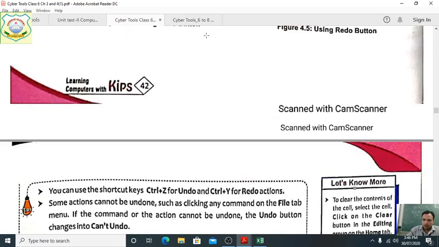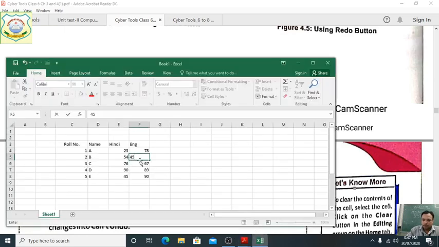Button actions. So similarly here, suppose we have written 45, and by mistake we have changed it to 56, and we remember that it is wrong, what we have written previously is right, so control plus Z. Now 45 comes back, or if you want it again, that one is right, control plus Y.